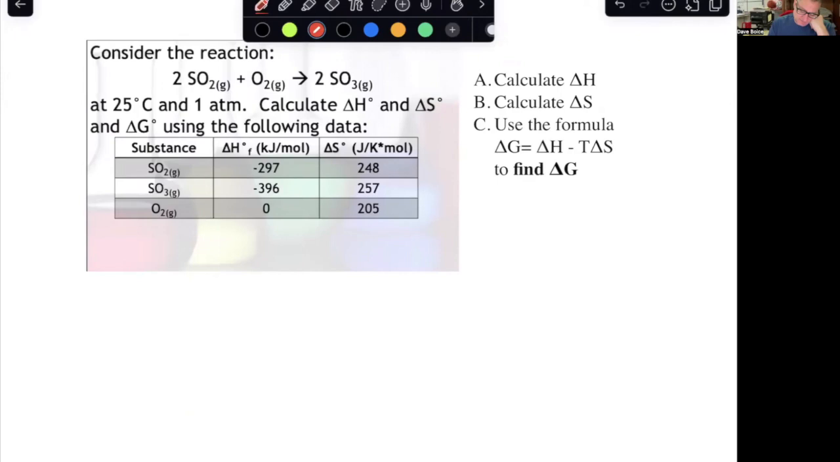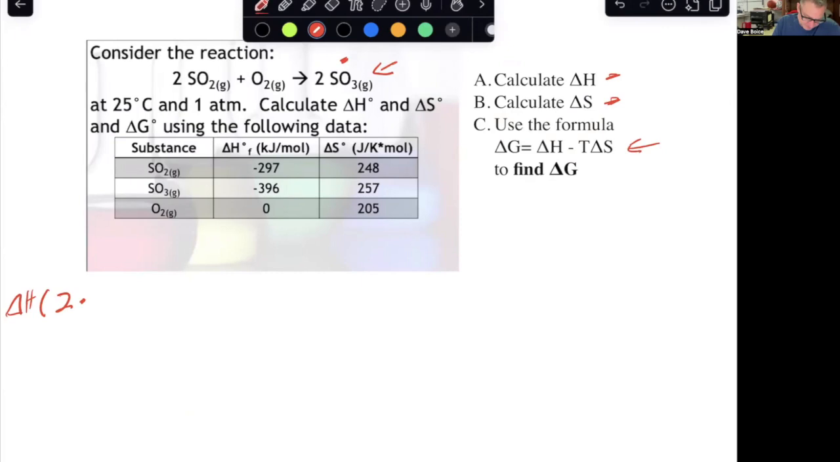So what I'm going to do here is I want delta H and I want delta S because I need them for this formula right here. And so delta, again, final minus initial. So let's write this reaction as final minus initial. So instead of writing it as a reaction, I'm going to write it basically as a math problem. So I'm going to write this as, let's go ahead and put this in, 2 times SO3,